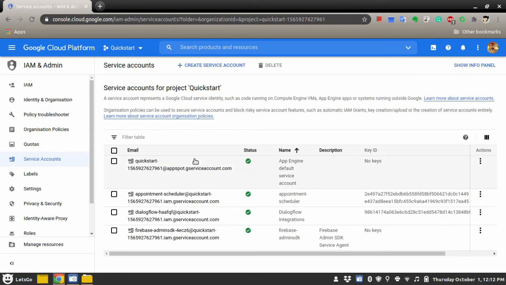If you know how to create a service account and you have created one, then you can just simply download the JSON file by clicking on this create key button.